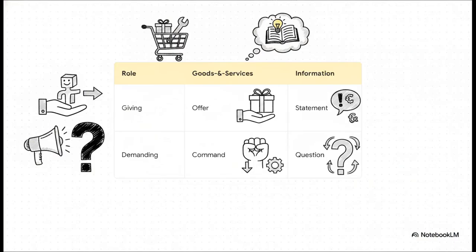Think of dialogue at the macro level like a tennis match. You step onto the court, take on a specific speech role, and bam, you instantly force your listener into a complementary role. It's an exchange. What you're seeing here is a matrix that visualizes the 4 primary speech functions, governing pretty much all of our interactions. By crossing your role, whether you're giving or demanding, with the actual commodity being exchanged, like goods and services versus pure information,